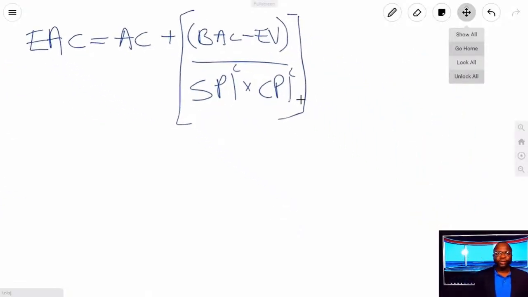Now, the final one is a no-brainer. But before I show you that, let me show you the workings in our PowerPoint problem here. To round this up, if we substitute the numbers, we're going to get 40 again. But if we introduce day 2, and we talk about cumulative metrics, cumulative means inception to date. So you're no longer looking at day 1 on its own, day 2 on its own. You're looking at day 1 and 2 together when you're doing your EAC.